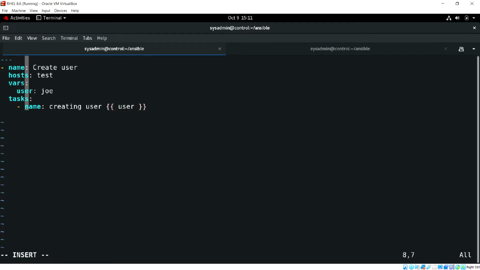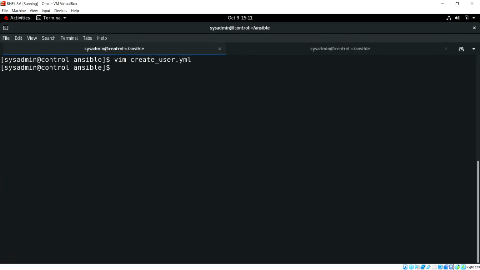And here we'll be using the user module, and the name would be double quotes, flower bracket, user. Now here we are only calling the variable user, so we need to use the double quotes at the start and end. Okay, now if I save this file and run the playbook,